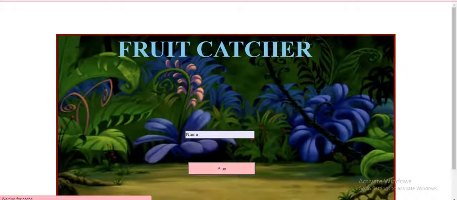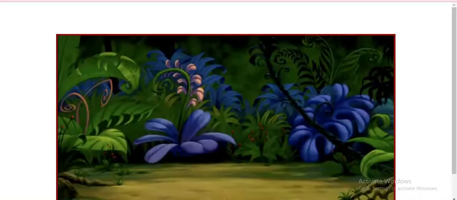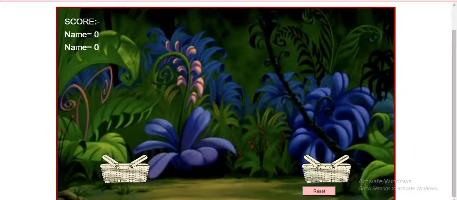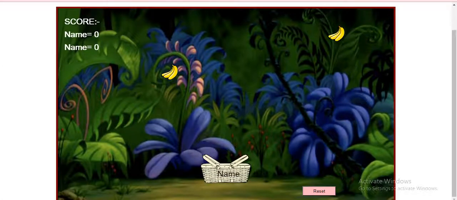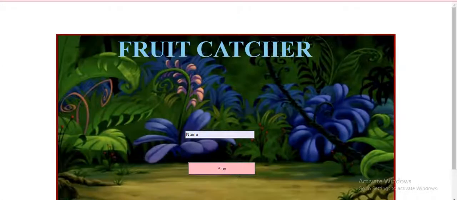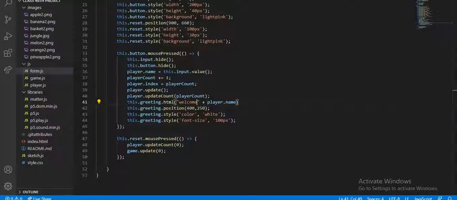See, it's loading. I didn't click on reset, but anyway it will be coming like that only. Anyway it will be coming as welcome only, so just put it in the same way.